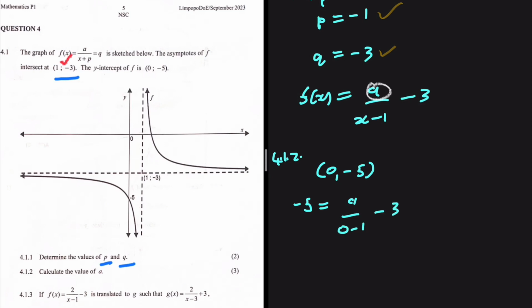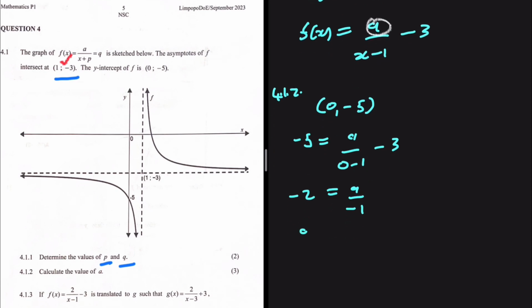If we take minus 3 to the left-hand side, we're going to get minus 2 being equal to a divided by minus 1. It should be easy to see now that a is equal to 2. So that is 4.1.2. Let's go ahead and do